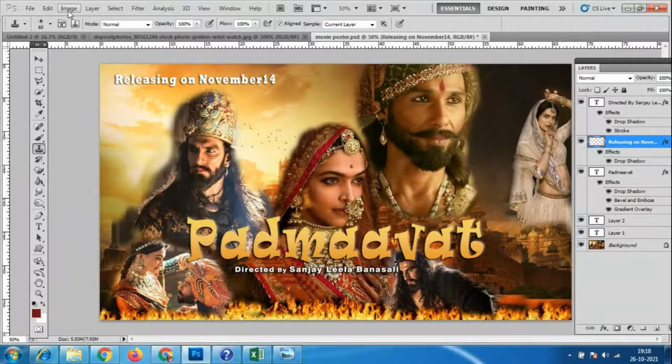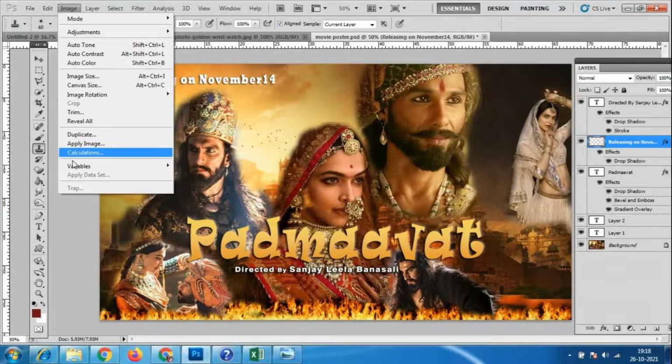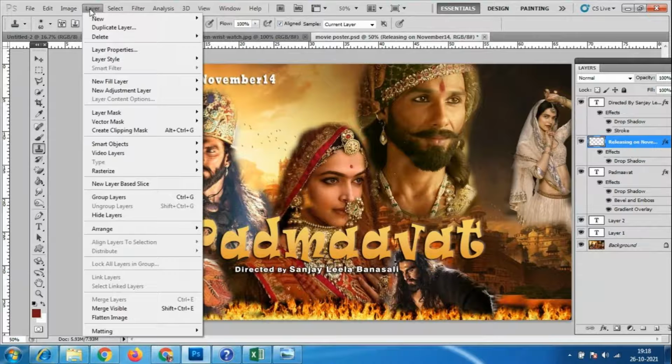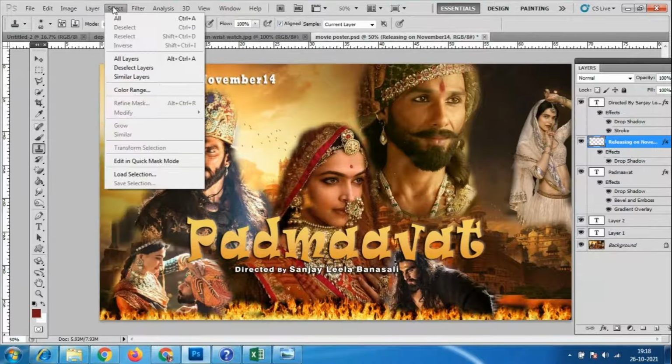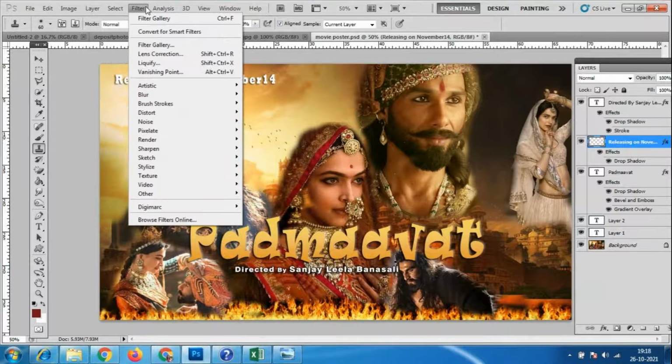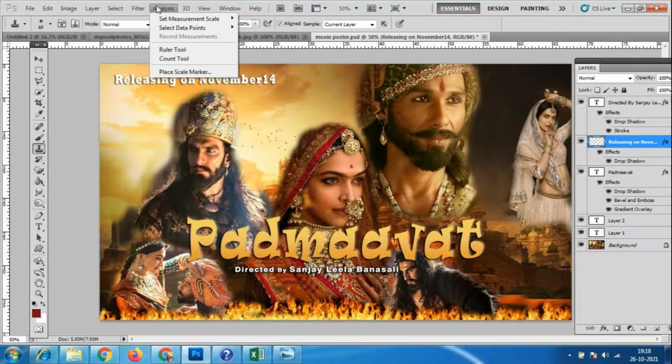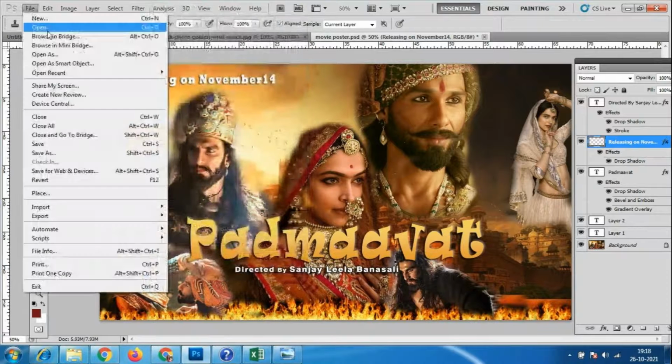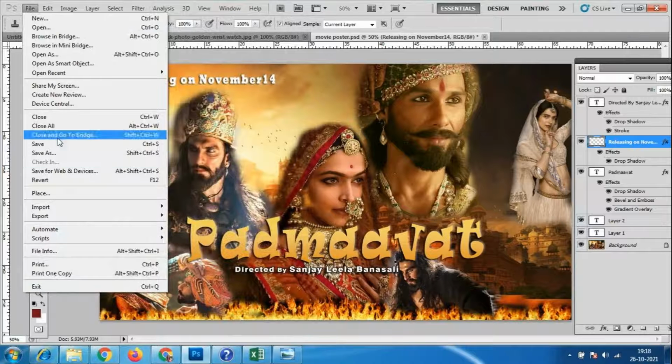Here in this image, whatever the options you have, in the layer whatever the options you have, and again in the select whatever the options you have, everything you have to check. Even file, new, open, save, import, all these options, they're asking the shortcut. What is the shortcut of the print, what is the shortcut of new and edit, all this image.